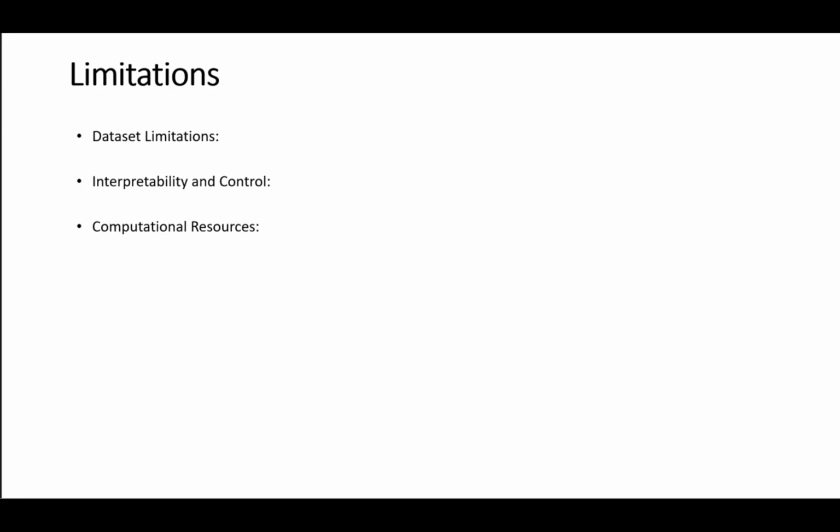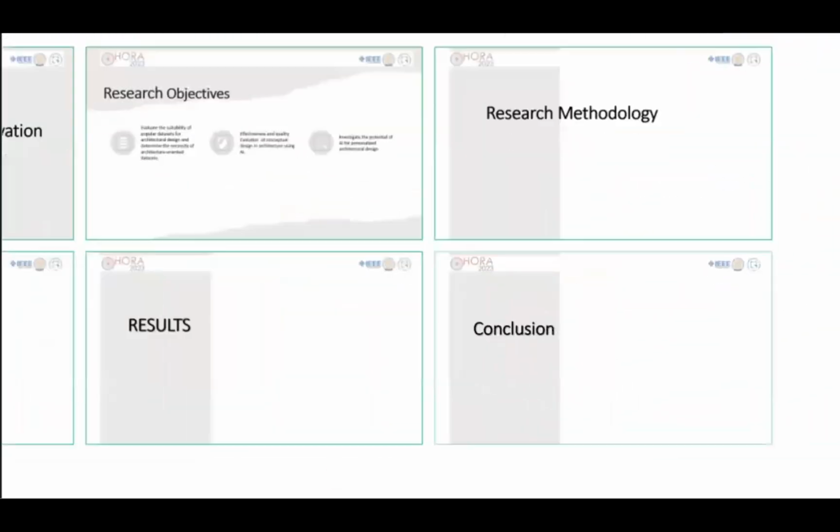Also, the computational resource, we know that training neural networks, especially with large data set and complex architecture, requires significant computational resource. So it has some limitation. We had this limitation for limited access to high performance computing infrastructure that can constrain us. However, it is important to acknowledge that in the near future we will overcome this limitation and get better result. So I will go to the conclusion,